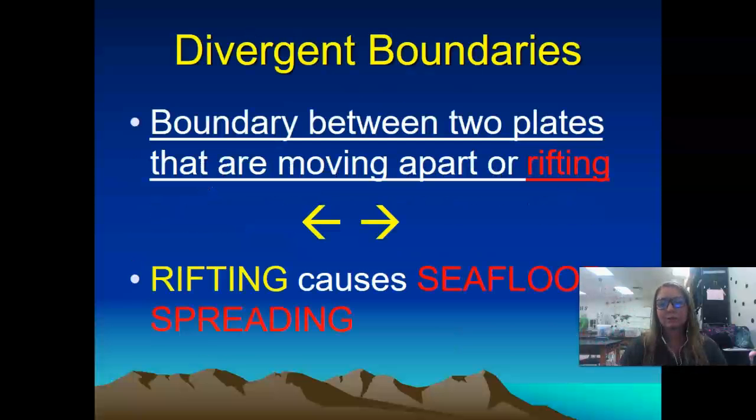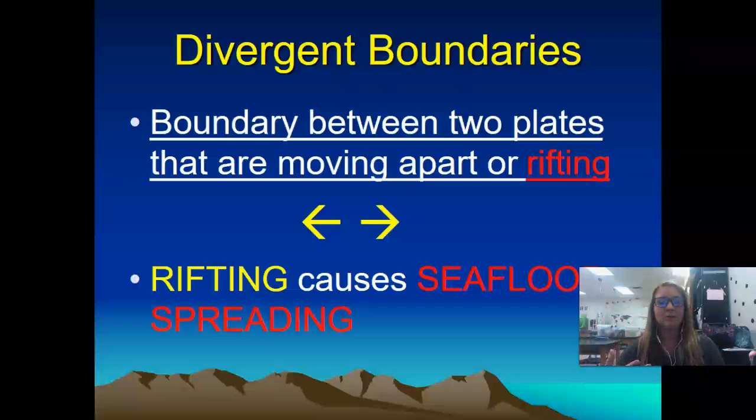So the first boundary we're going to talk about is a divergent boundary. And a divergent boundary is, I like to think, it's being divided. It's being separated out. So this is a boundary where two plates are moving apart, or they're rifting. They're being pulled apart. And this process is going to cause new oceanic or new continental crust to be